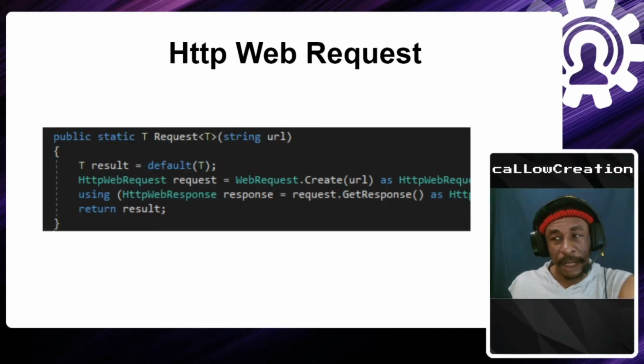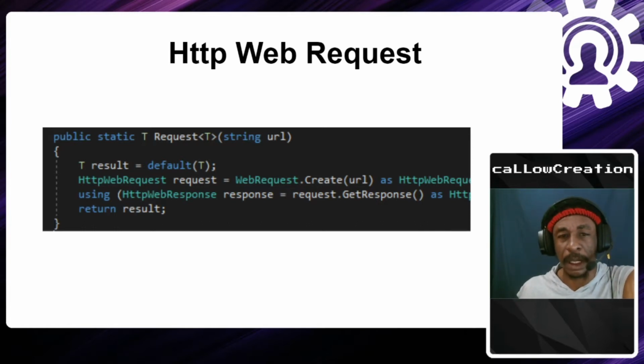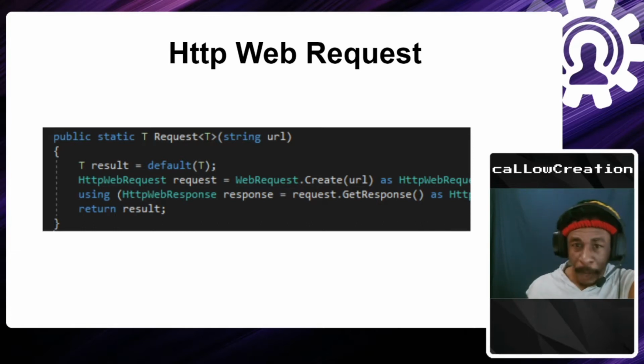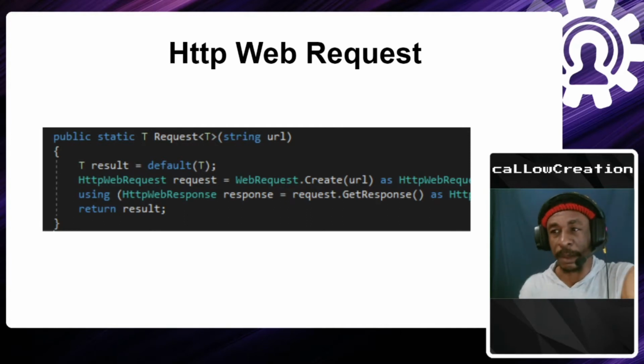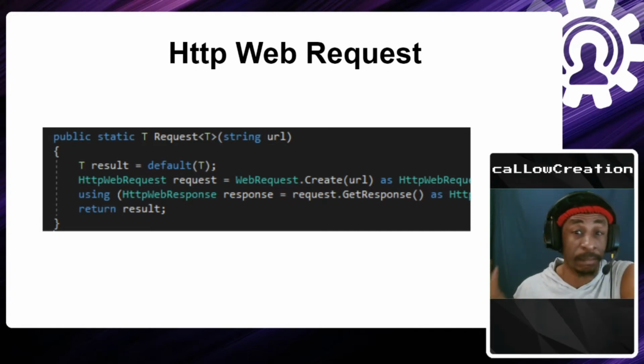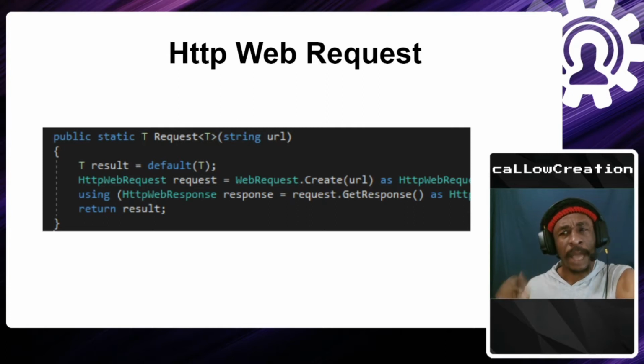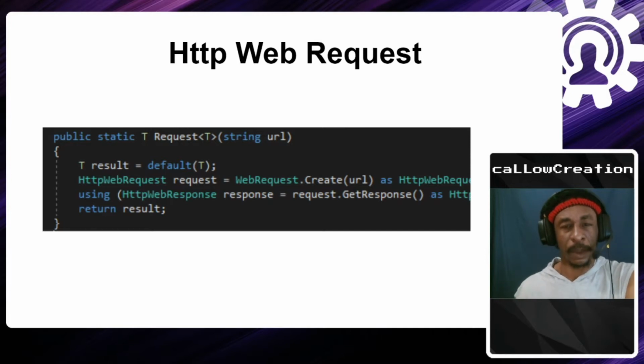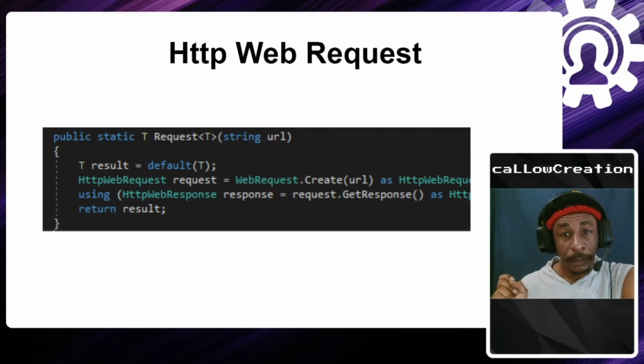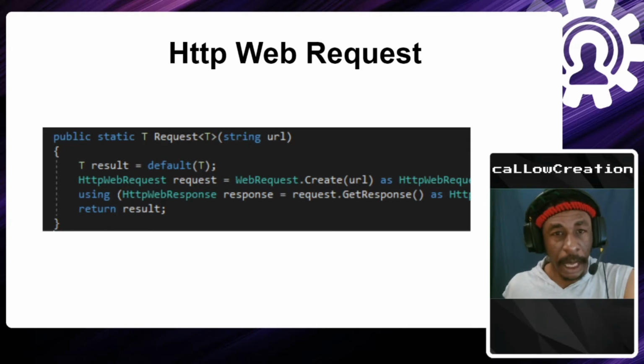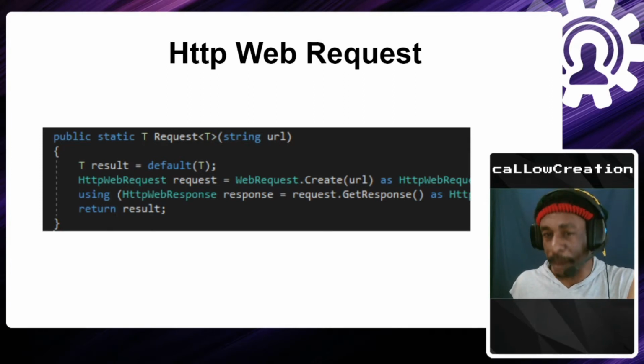Here's an HTTP request class I wrote in C Sharp quite some years ago. I use it for all my projects that I need to make an HTTP request. I import it, and I pass in the type I want, and I get a response, and everything's good. I added headers to this recently, but that's not what I'm discussing. I just remembered that. I was like, wait, where's the headers? So I use it everywhere,